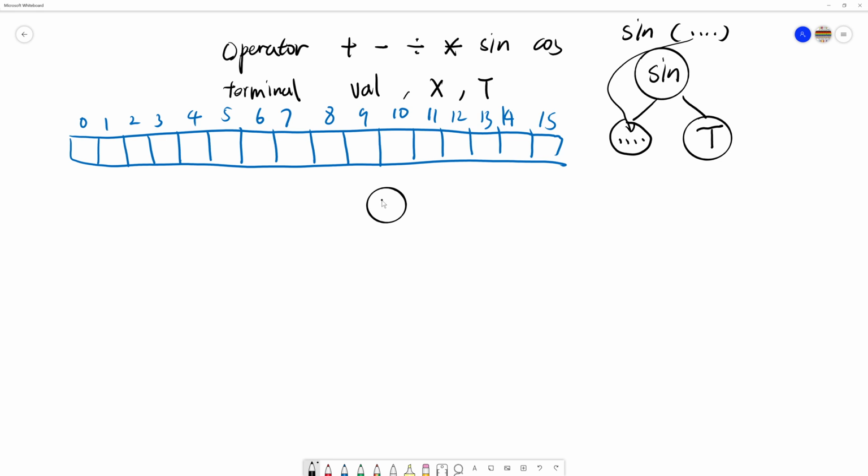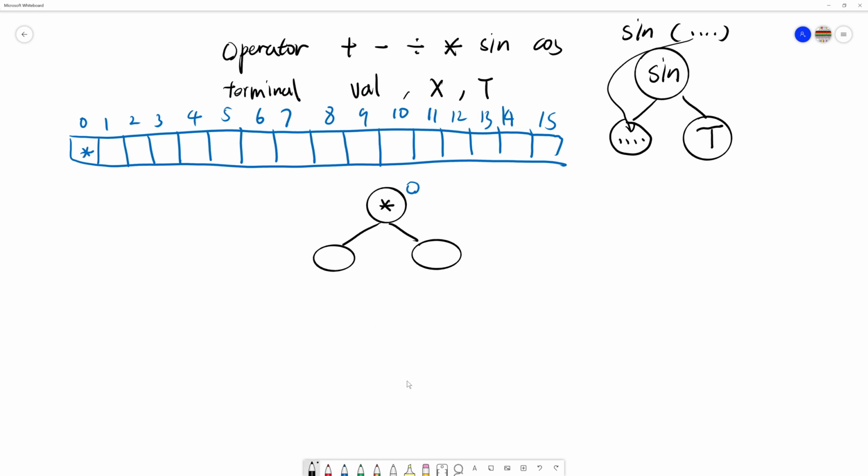For example, if this is multiply, then I can create two child nodes, and here the multiply is indexed at 0, so we can put multiply here,